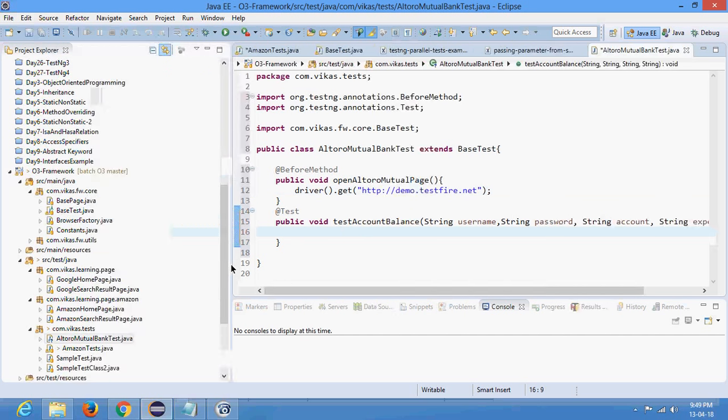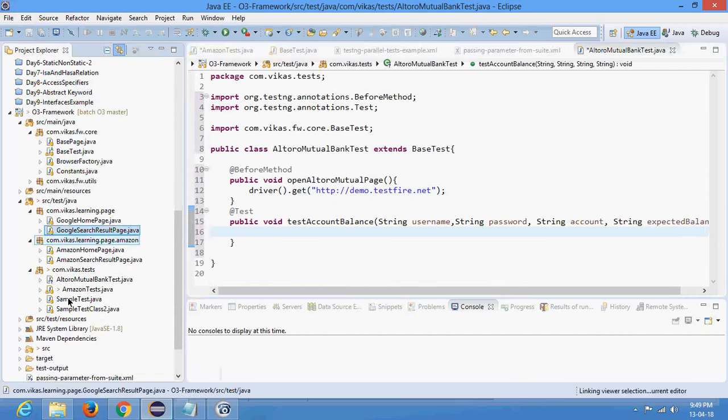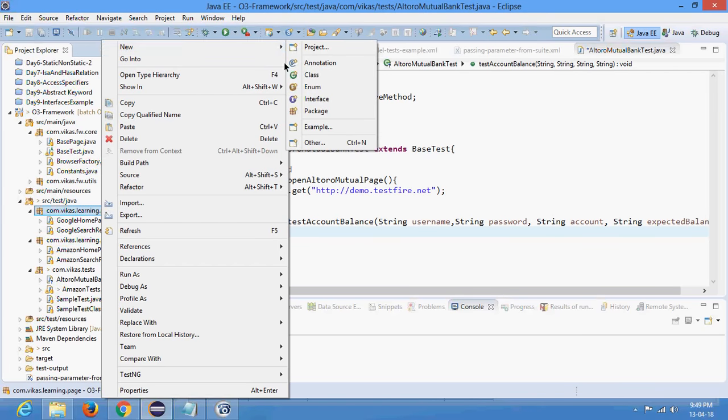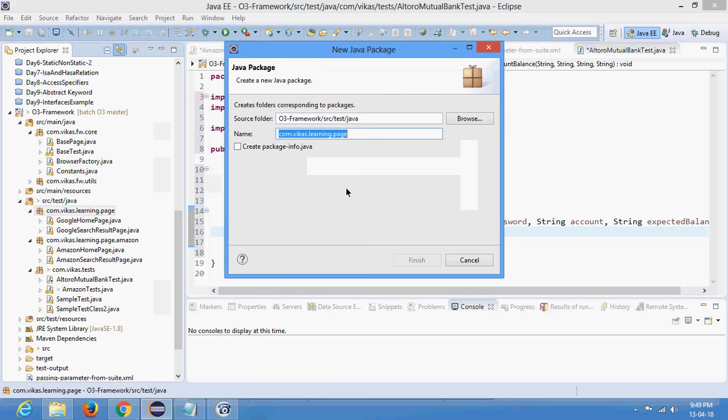So we will also require the page classes, right? Because we are using a page object model. So we do have page package, then page.amazon. I'm creating one more package for my Altero mutual pages. So I'm saying page dot, let's say AM. AM stands for Altero mutual, or you can give ALTORO